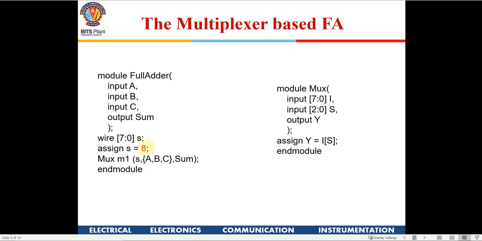I have put this in red because this will change depending on what output you require. For sum, I have just written 8, which will not give you the sum. I have just put some value, so you have to think what should be the value of s to get the sum output for these combinations. So this 8 will change to some other value depending on the function which we want to implement.